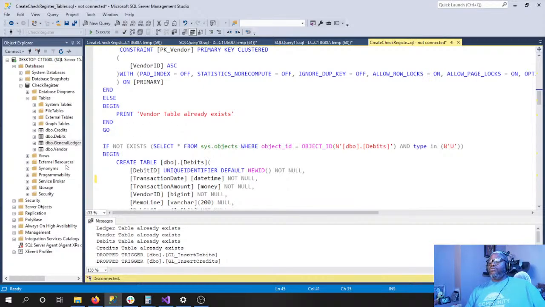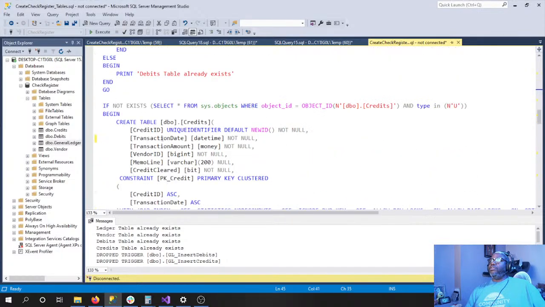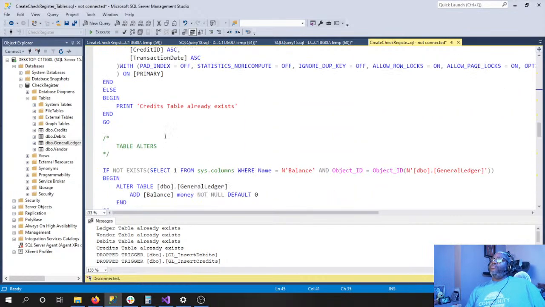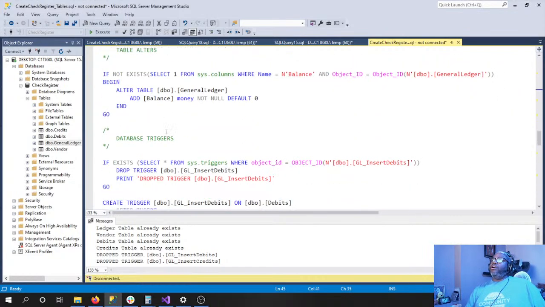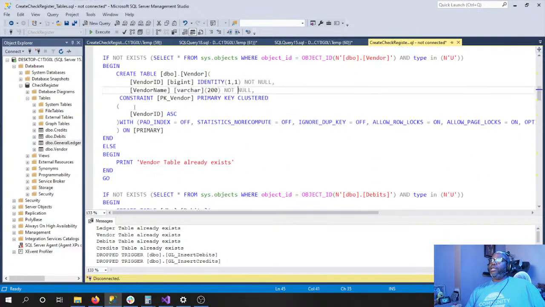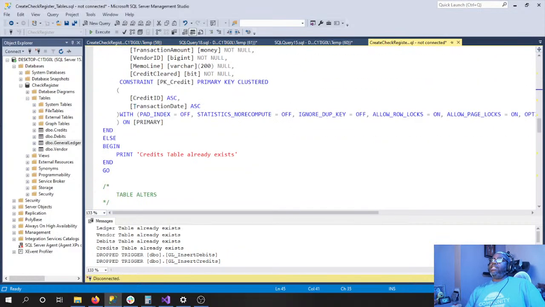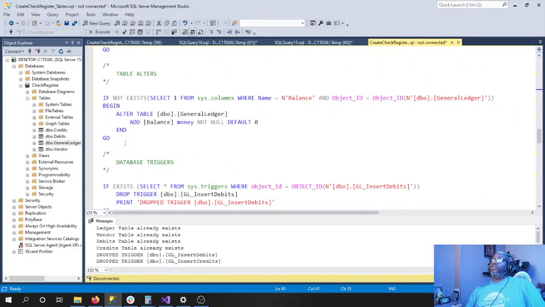The next one that I have in here is our credits, and it mirrors what our debits do, except, obviously, debits are subtracting from your account, credits are adding to your account. And then finally, I've got our general ledger in here as well. There's a general ledger. And then I actually added a column, or I changed the column in our general ledger